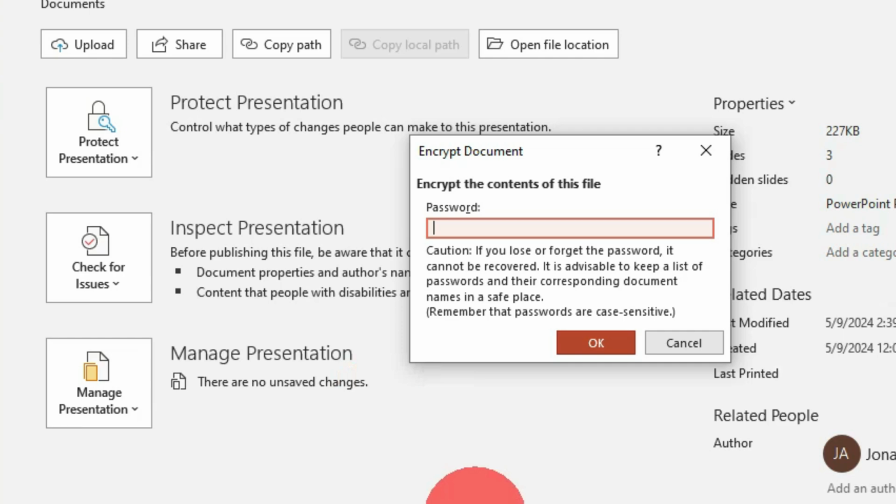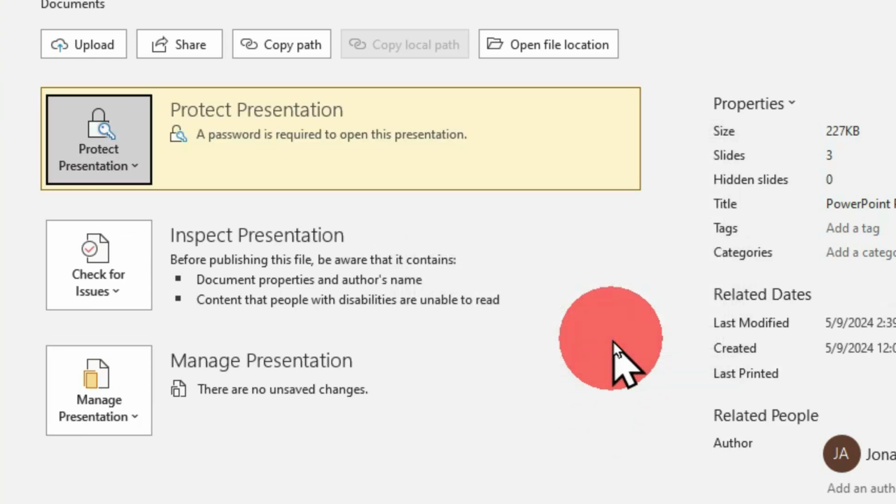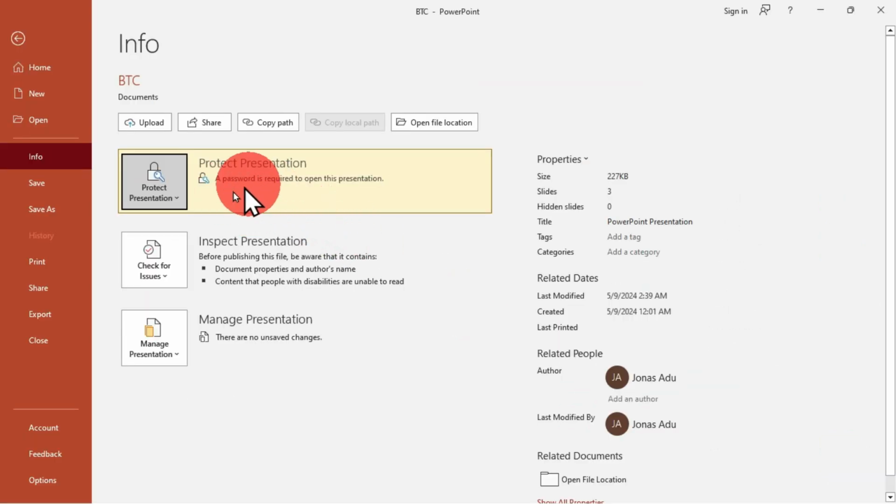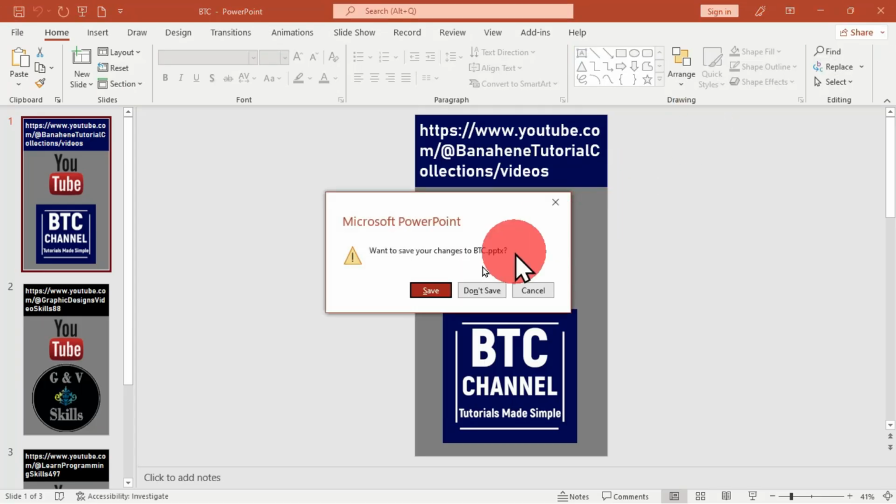This gives me this dialog box, which is the Encrypt Document dialog box, and I have the option to protect the content of this file. So this field is demanding a password. After typing the password, you click on OK, and then you are prompted to confirm this password. Then you click on OK. Now it says that a password is required to open this presentation. Now if I close this and choose save,